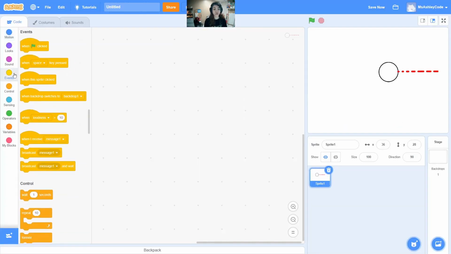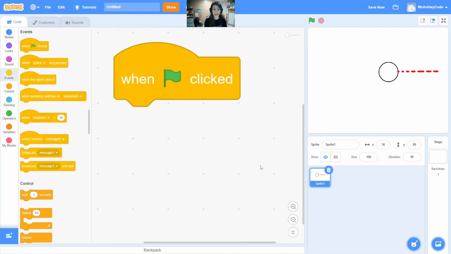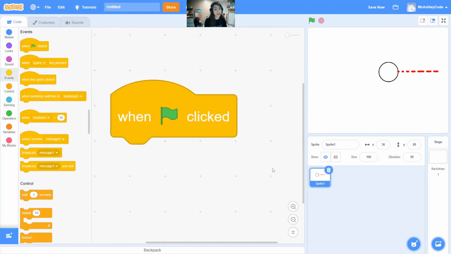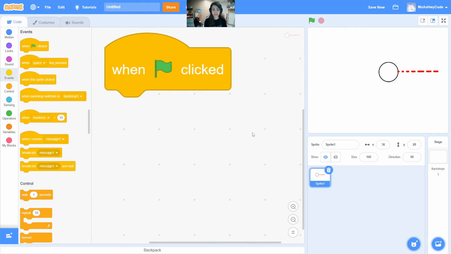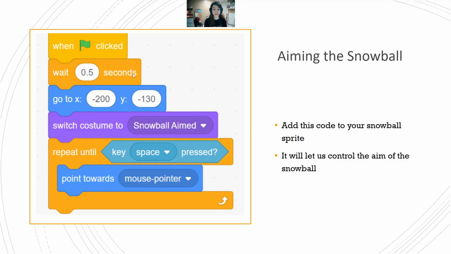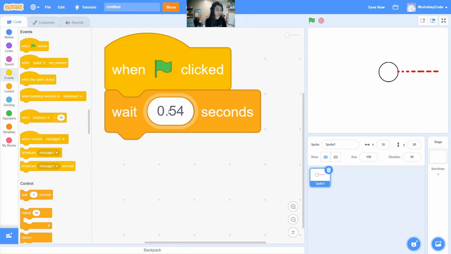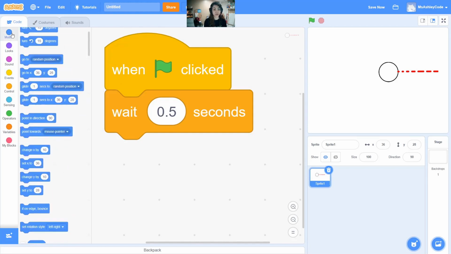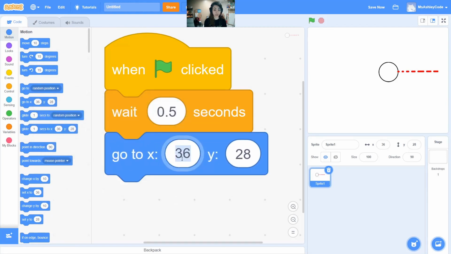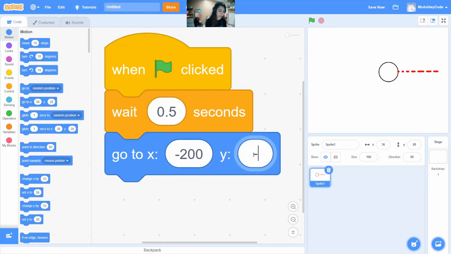So let's go to events to trigger our program when the flag is clicked. That way when the flag is clicked, something in our program will run. Let's make sure that we wait 0.5 seconds and we go to X -200 and Y -130. So let's go to controls first to add in our wait block of 0.5 seconds. And then we want our snowball sprite to go to the bottom left corner of the screen. That's a motion block, so we can go to a certain coordinate, such as -200 as the X and -130